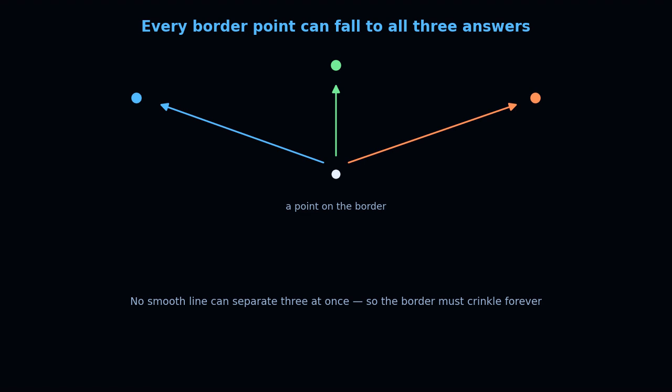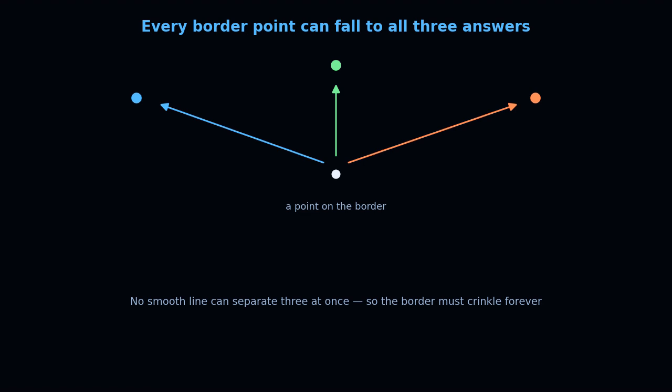But why does a third answer wreck the smooth line? Think of a point sitting right on a border. To be on a border, it must sit between answers it could fall toward. And here's the twist, every tiny patch of this border, however small, touches all 3 territories at once. All 3 are always right there together? Yes, that's called the Wada property, and no smooth curve can do it, so the border is forced to crinkle